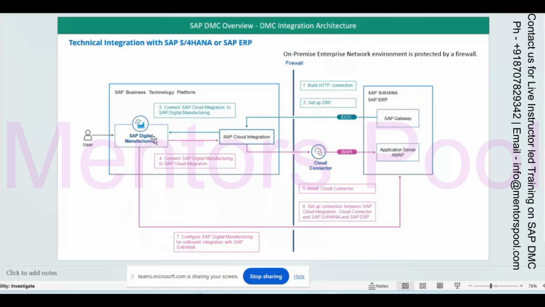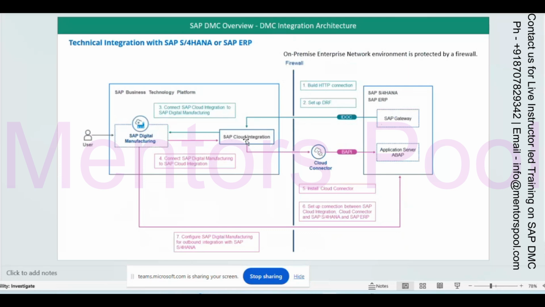In DMC there is no concept of IDOC. That is the reason there is a CPI in between, converting your IDOC to a language DMC understands, in XML, and then it updates the data in DMC. The cloud integration needs to translate the IDOC to XML, so for that reason it is being used.